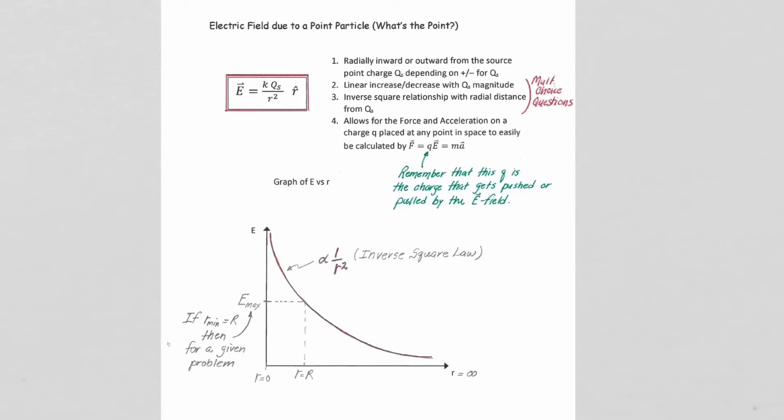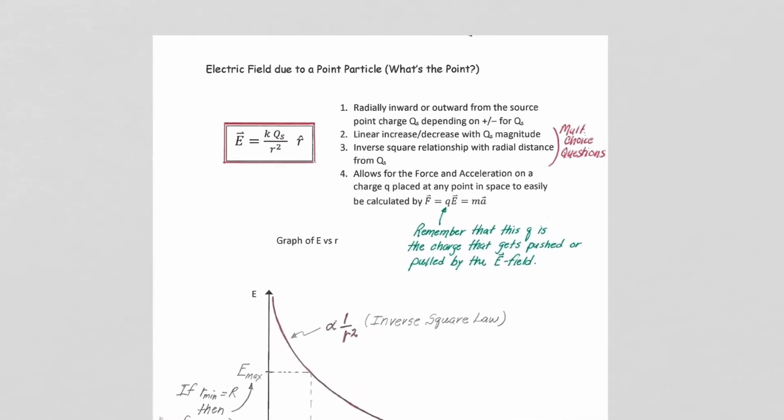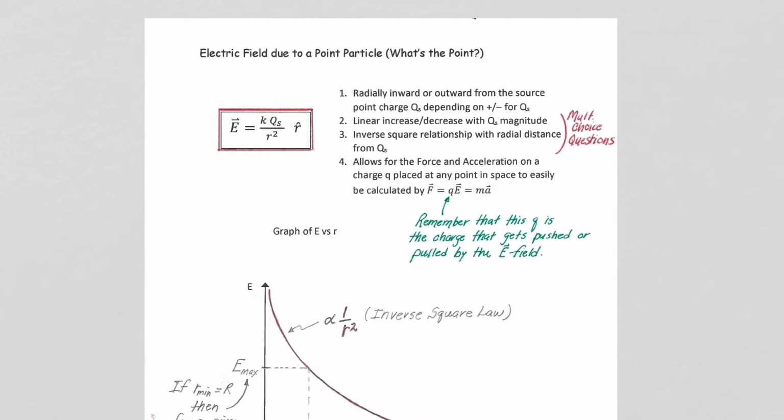Let's continue to take a closer look at the electric field due to a point particle, and again we're going to emphasize what's the point and try to get a more comfortable feeling with fields and field theory as we go along here. So as it says, the electric field equation for a point particle, any point particle, is kq on r squared,